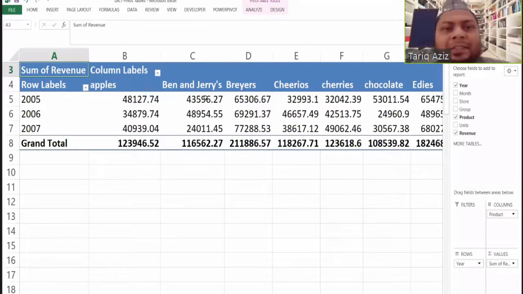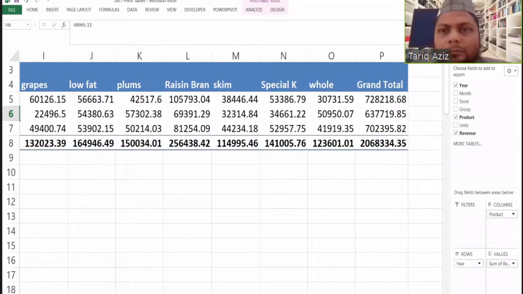And this data actually denotes the revenue generated by those products. At the end column, the grand total year-wise and the grand total of the overall data has been computed.